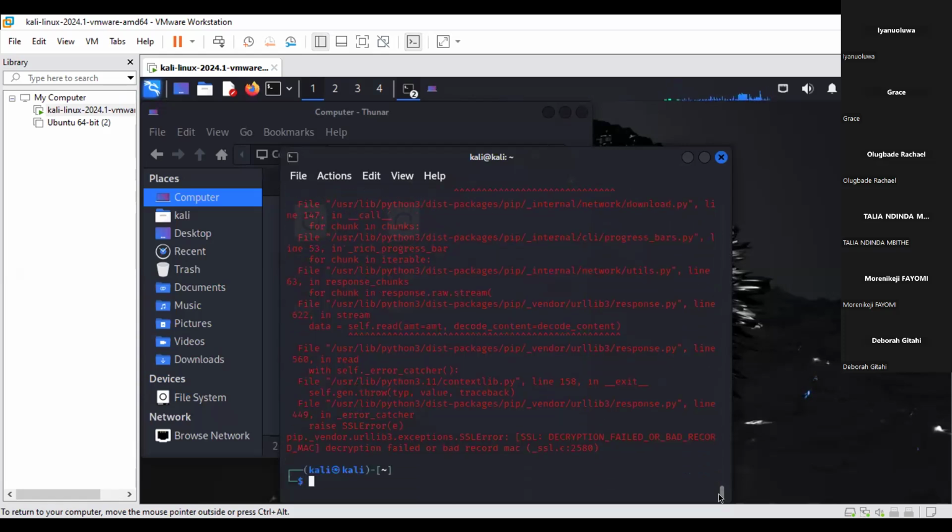No, I see the same error, SSL. You don't have pipx installed, or you can install pipx first. So do sudo apt install pipx.